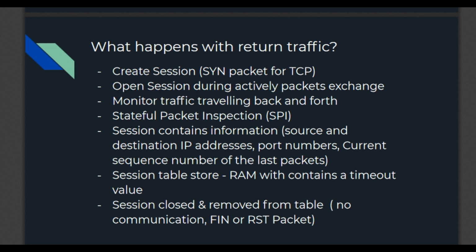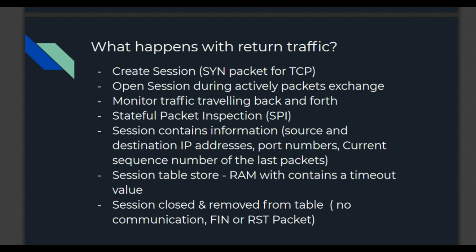To use destination NAT as an example, we have a client on the internet that is trying to access a server on the internal network. When the SYN request is received by the firewall, it will first create a session so it can track the state of the session along with the IP address, port number and sequence number. After that, it will translate the destination address to the internal IP address of the server. When the server replies back to the client with a SYN-ACK, the packet will pass through the firewall and it will recognize that the traffic belongs to a valid session.